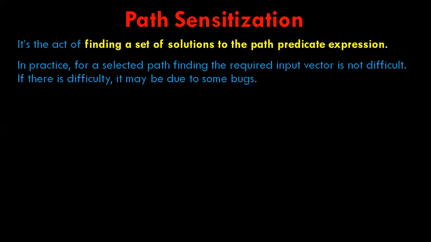Now, let us see what path sensitizing is. In path sensitization, we have to review what the achievable and unachievable paths are. In order to accomplish test completeness, that is C1 or C2, for sufficient paths, the procedure we have to follow is, first, extract the program control flow graphs, and then select a set of tentative covering paths.